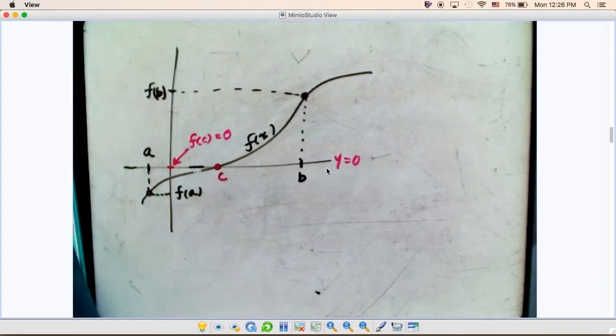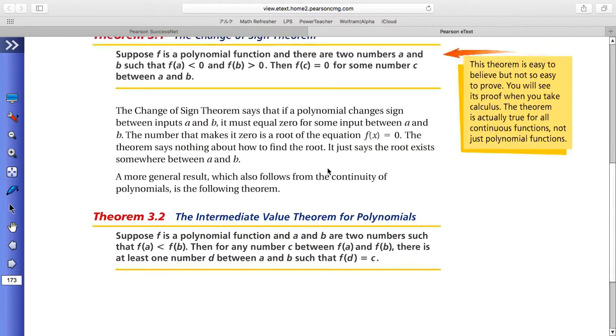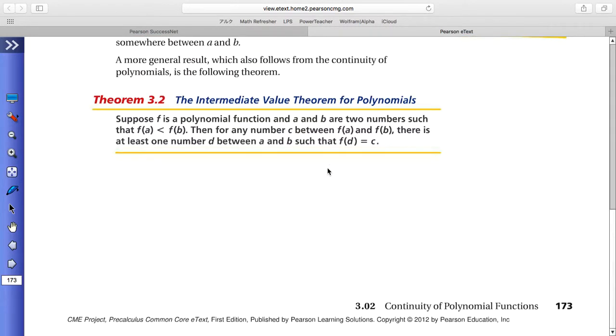The intermediate value theorem is very similar to this. Suppose f is a polynomial function and a and b are two numbers such that f of a is less than f of b. Then for any number c between f of a and f of b, there is at least one number d between a and b such that f of d equals c. So instead of having y equals 0, the x-axis, this is also true for any